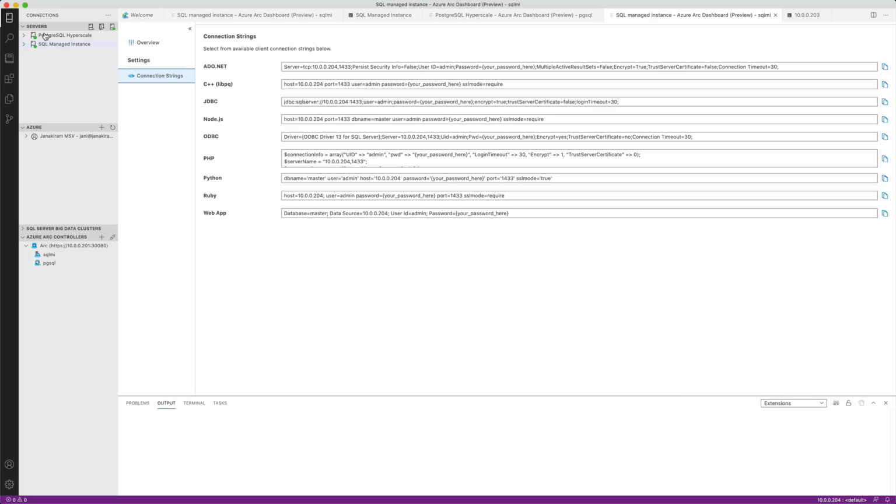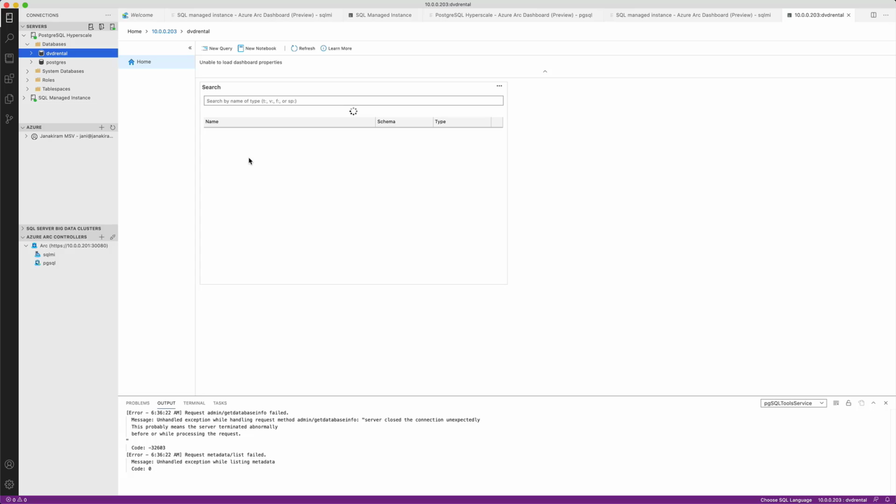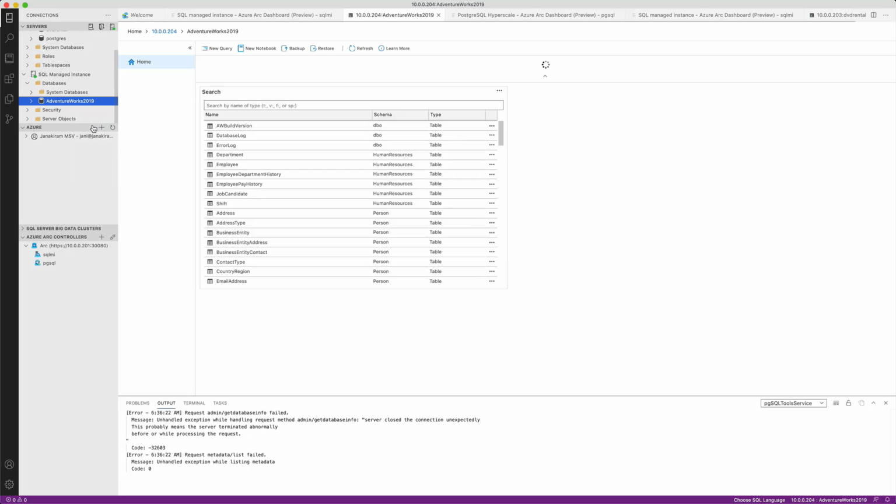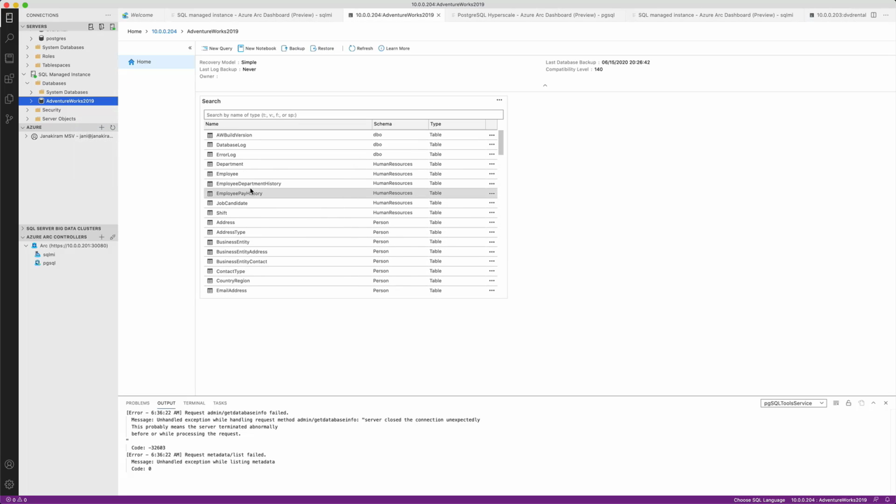Now that's not all. Based on the servers extension for both Postgres and SQL, I can query the databases. So here is the DVD rental database. I can click on manage, and it actually shows us all the tables available under the DVD rentals database. Similarly, I can explore the SQL managed instance, and here I can access the AdventureWorks interactively from Azure Data Studio.